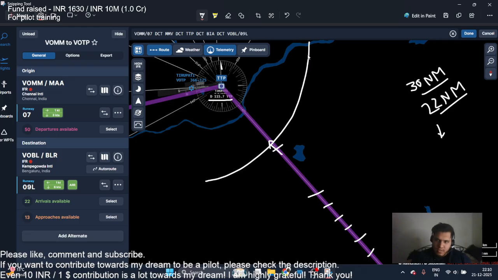I don't know if someone has ever done it. So you will not get any ATC. You will not get any Tirupati tower also. So what will we do? Around 10 or 5 nautical miles out, you will turn towards the downwind. So if you are landing at 08,